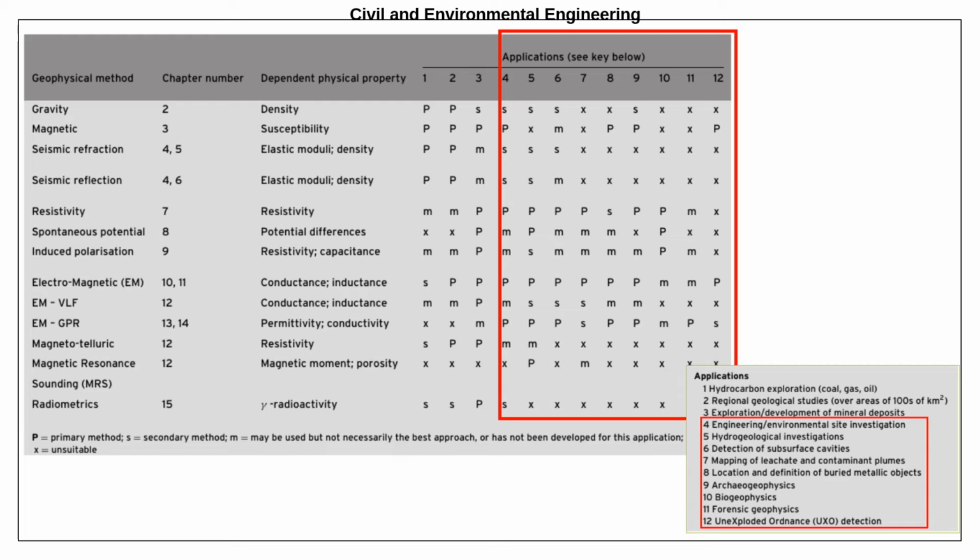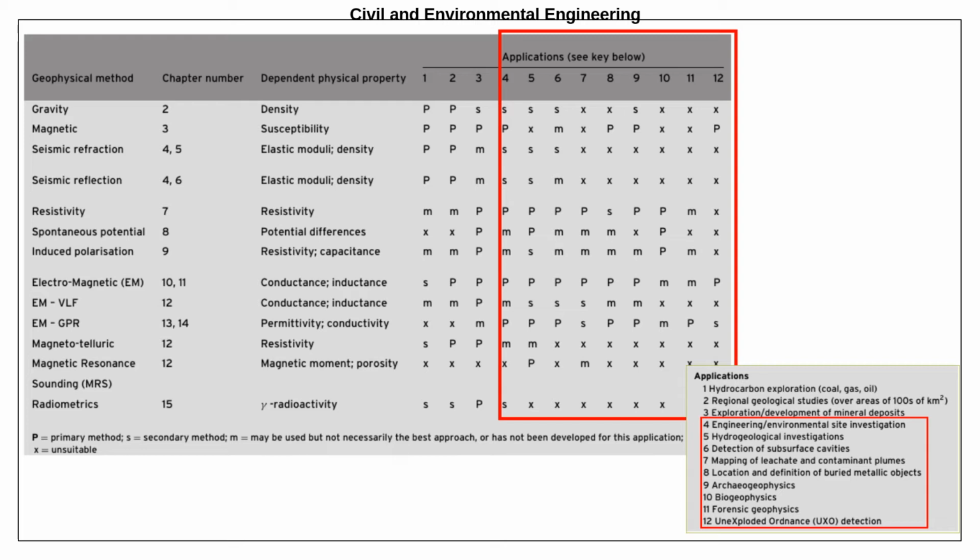So let's say for example you're looking for unexploded ordnance, or basically you're looking for vintage bombs. All right, so UXO, or unexploded ordnance, which is under number 12 here. So column number 12,